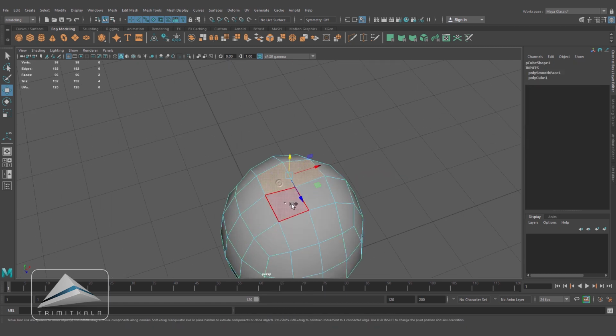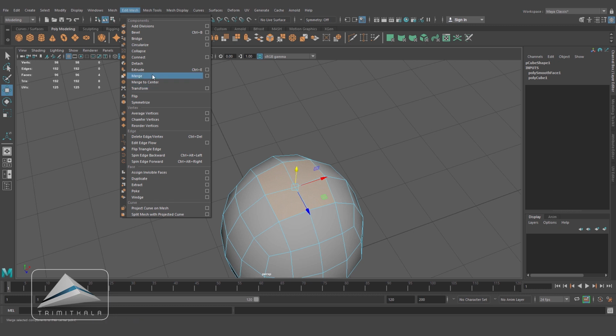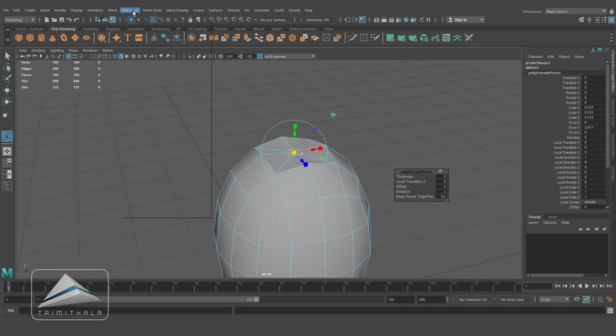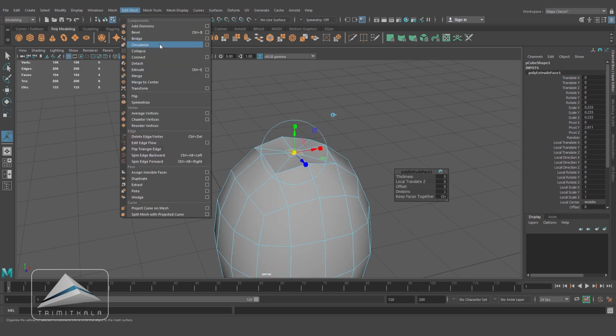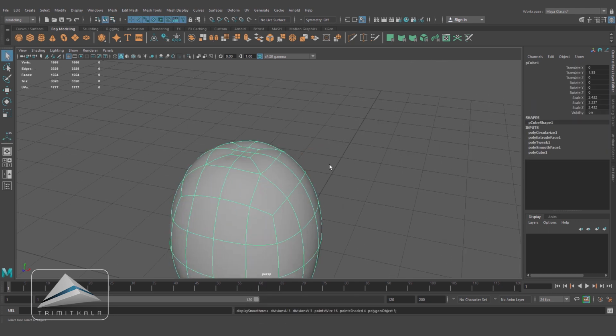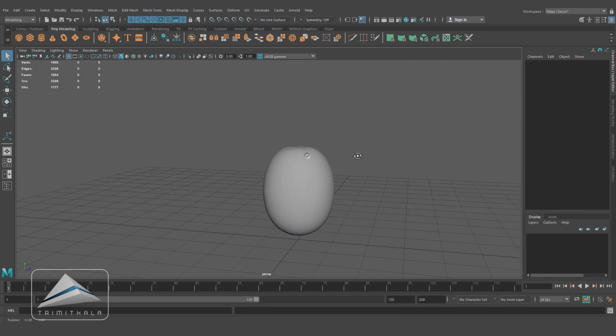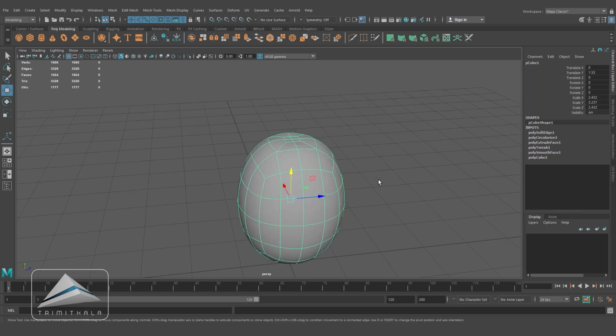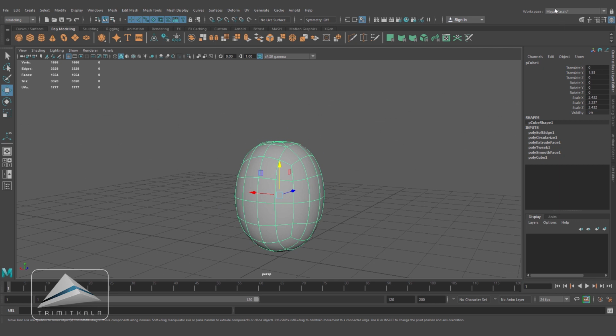let's select these faces and I'll just extrude it, scale it down. Going to Edit Mesh and clicking on Circularize, and it has been converted into a circle. And you can see I'm getting a kind of organic shape at its top. So this will be the basic shape of the grapes, and later on I'm going to duplicate it.